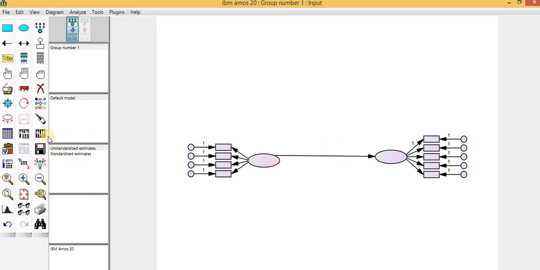So after clicking, this button will be active for you. Currently it is hidden, but after inserting the data and after clicking on this button, it will be active for you to see the results, and then this button will also be active for you.